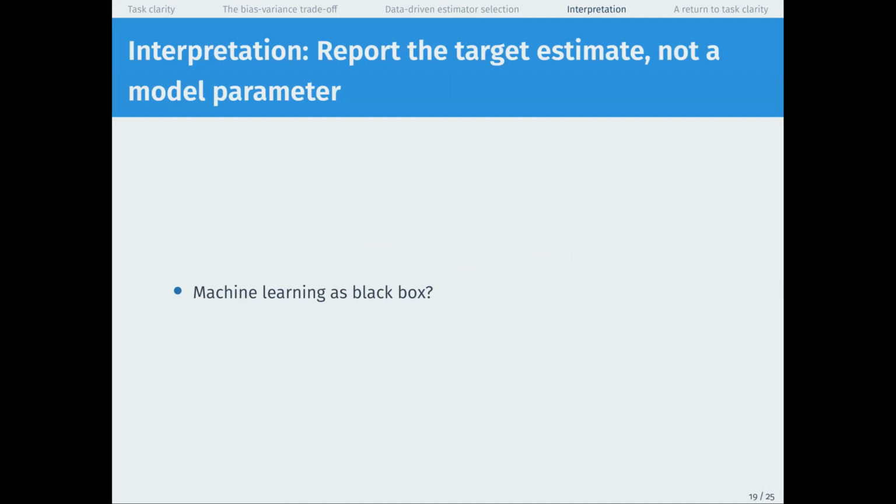Okay, so the question here is, is machine learning a black box or can we make something better out of it? And the answer is up here at the top, that you should really report the target estimate, not a model parameter. So when you pivot from something like ordinary least squares to a machine learning estimate, like a generalized additive model or a random forest, the model becomes much more complicated. There are suddenly lots of parameters being estimated, and it's hard to interpret all of them. But often you can convert those parameters into an interpretable estimate of the thing you conducted the analysis to estimate all along. So one example might be an average partial effect.